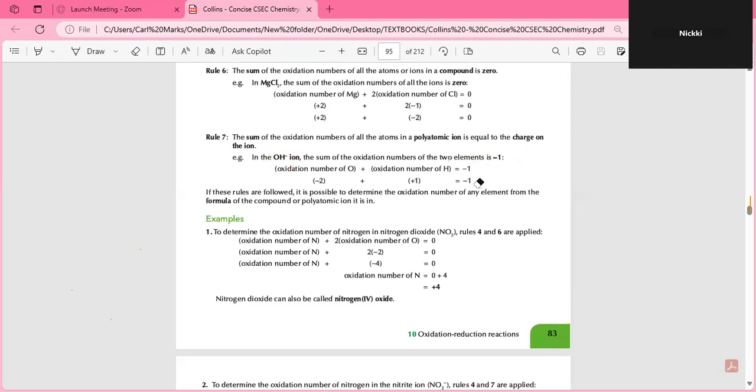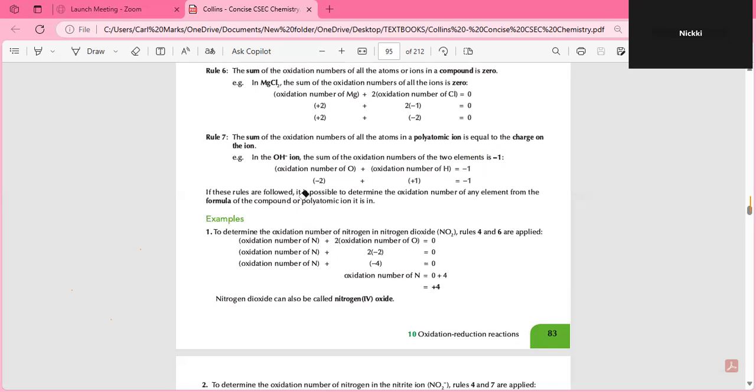Good. So if we were to add up all the oxidation numbers in the atoms in a polyatomic ion, how do we know it's a polyatomic ion? First, you're going to see two or more elements and you'll see a charge on the ion, right? So if we were to add them together,